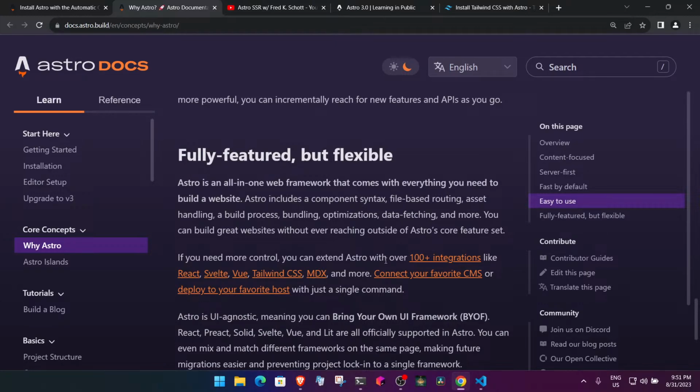Fully featured but flexible, Astro is an all-in-one web framework that comes with everything you need to build a website. Astro includes a component syntax, file-based routing, asset handling and build process, bundling, optimizations, data fetching, and more. I found the component syntax right here, which we just saw, where the server and client get separated. File-based routing is something that,